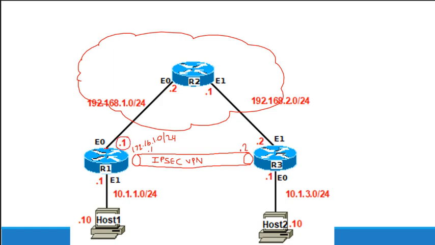1.1 is the IP address on this Ethernet interface here, and 1.2 is the address on this Ethernet interface. I just want to point that out so you see it as we go through it. So when we build our tunnel, or I'm sorry, when we build our IPsec VPN,